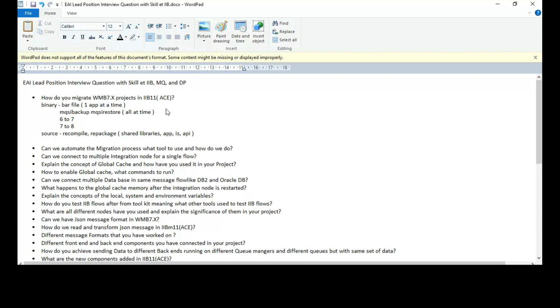The artifacts we know that are available in 7 are message flow project and message set project. So these are the only two artifacts that you have in 7, and when you take it into 11 or 10 or 9, you will have to convert them into the artifact that you need, or you can retain it as an independent resource, independent project.